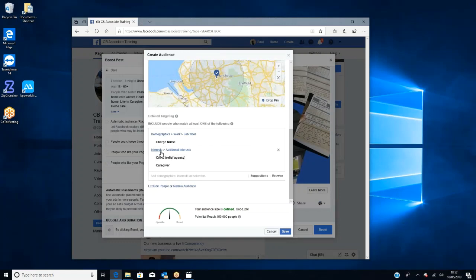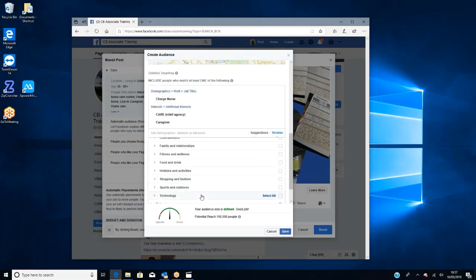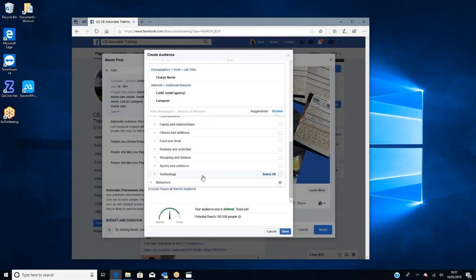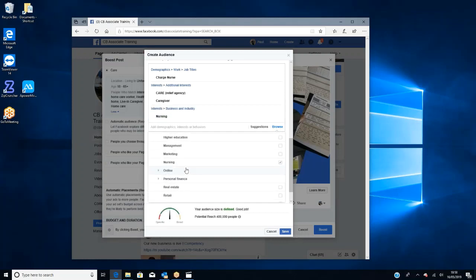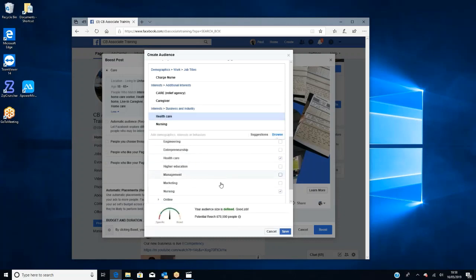We can go to interests. So is it a different area that we want to go into? Should we be looking at people that are sporty? Are we looking at different hobbies and activities? Fitness and well-being? Is it business? So let's say we went for business. What sort of business do we want? We can go down here and we can go, okay, we'll have nursing, and we will have, what else might we have? Should we have small business, etc., like that? But wherever it is we want to go, the healthcare will take that.